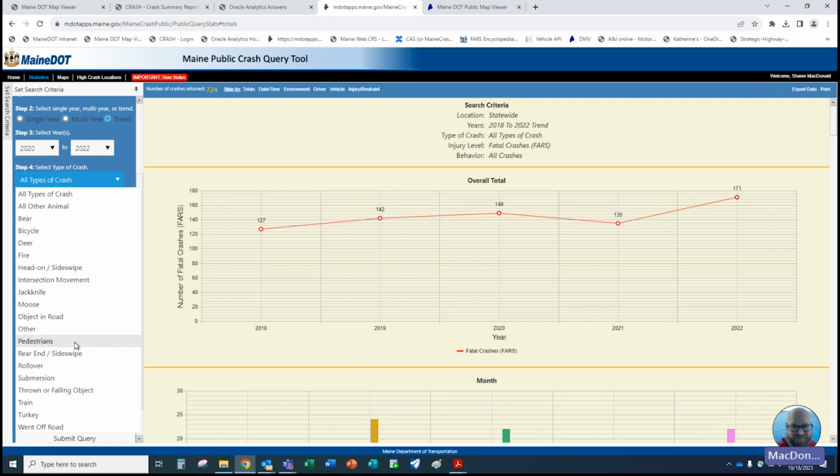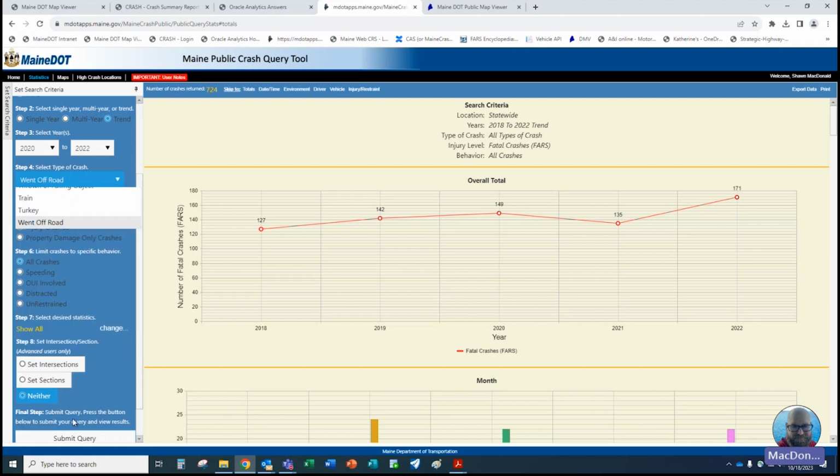Pedestrians is one. That's always a good one to run. One-off roads are always one that people tend to want to have information about. When you're looking at one-off road crashes, a lot of people want to know about injury crashes. And with a lot of one-off road crashes, speeding is typically involved. So we've included not only section 4, but also section 6 as well.